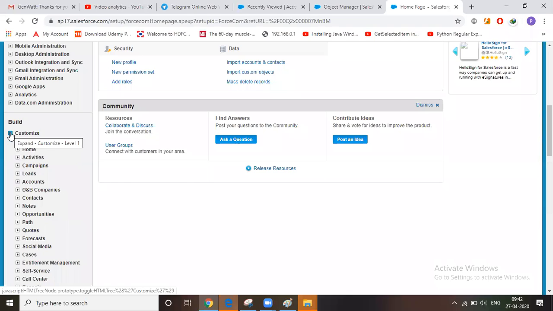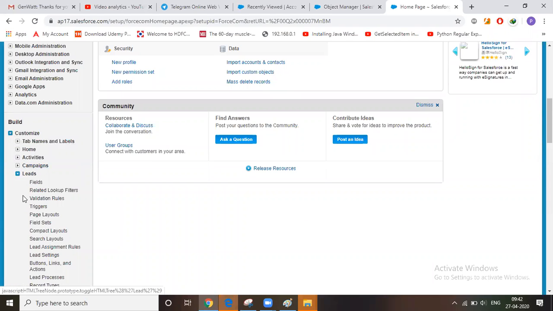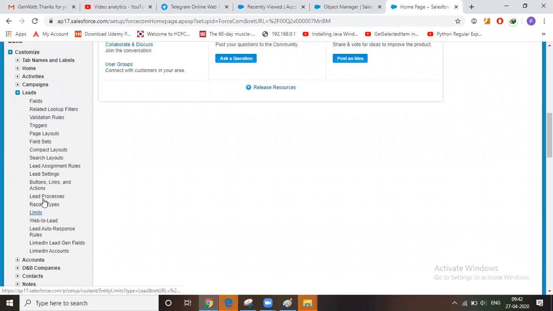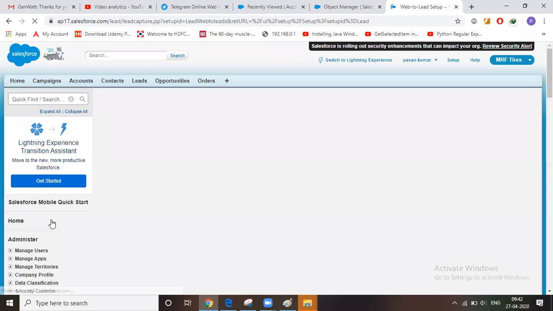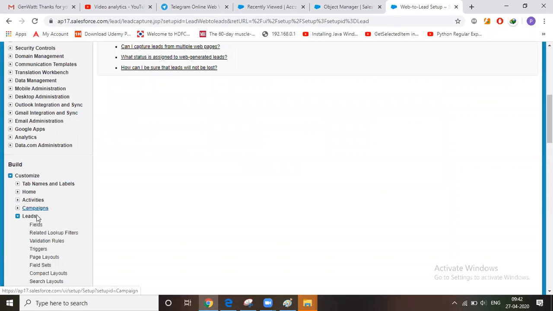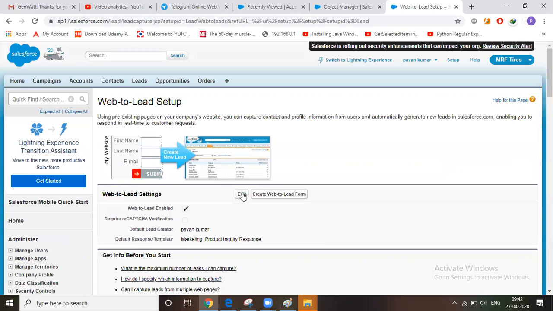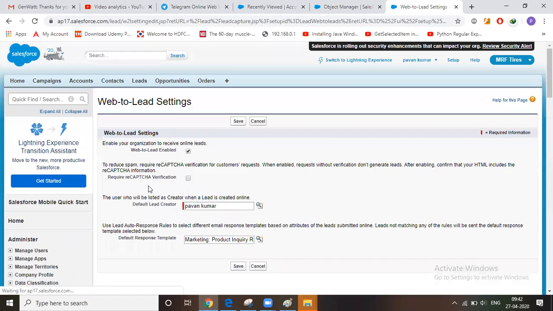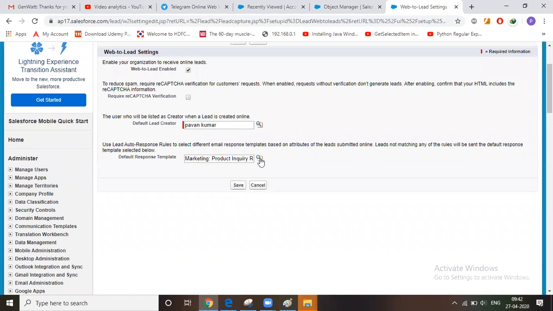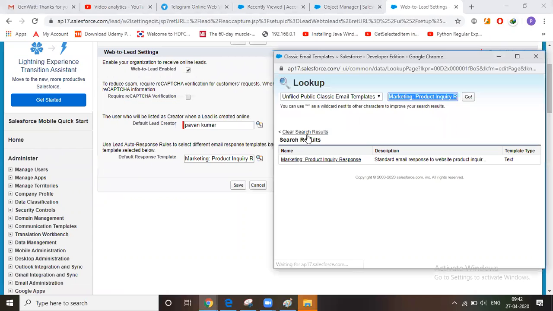It is because of while creating your organization. No, it's a default functionality provided by Salesforce. See, Web2 lead. Just observe. Build lead, subject Web2 lead. I'm editing. Initially, it was not there. I have selected a mail template. Once the lead is being created here, send an auto response.